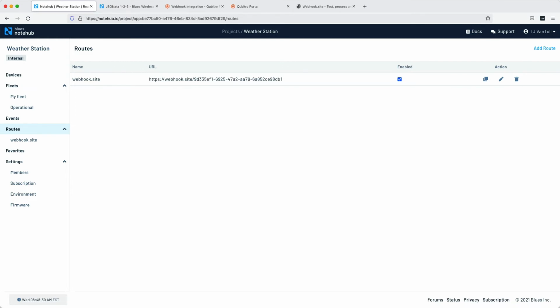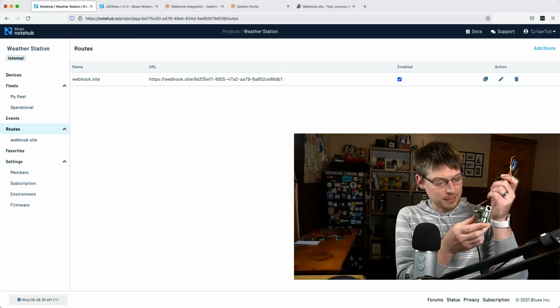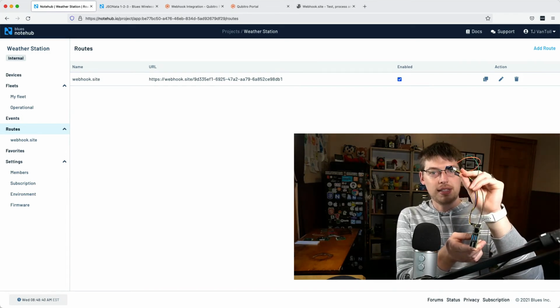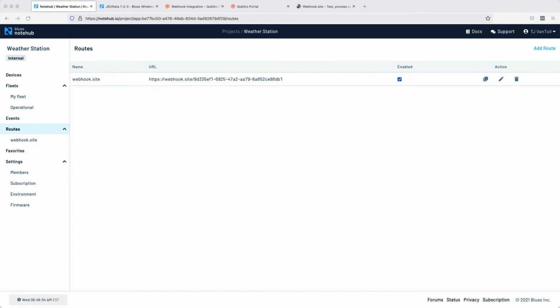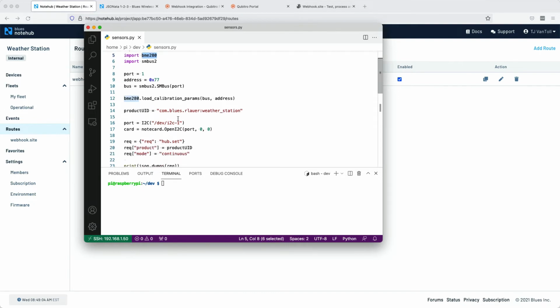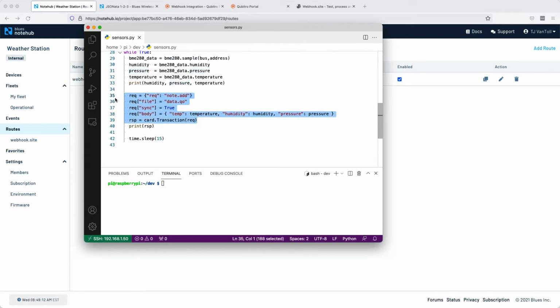So to create some events, and I'll turn my camera back on here for a second, I've got my Raspberry Pi hooked up here with a note card, and I've got a BME 280 temperature and humidity sensor hooked up here as well. And going back to my desktop, I have this window open where I've SSH'd into my Pi. I've got a little script here that you don't need to worry too much about the contents of, but it uses this BME 280. It grabs some temperature and humidity, basically weather data from this device, and it's going to send it up to Notehub. And I'll go ahead and start that up now.